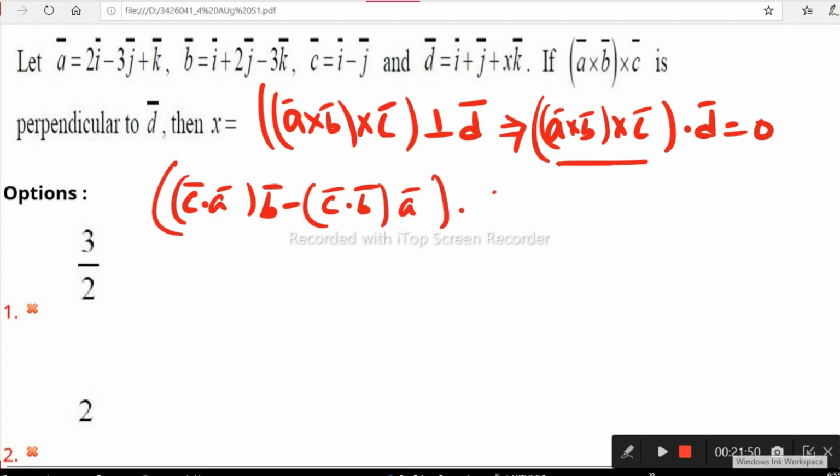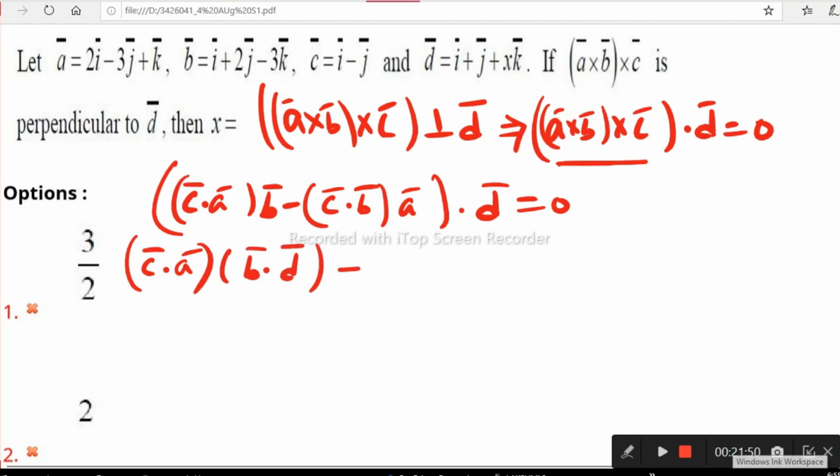Now there is dot D, right? Now we can expand again here. A dot B, B dot C, C dot A, all these are scalars. Scalars means real numbers. So C dot A stays as it is. Next we use this dot D with B, that is B dot D. In the same way, the next term C dot B stays as it is, and A dot D we can take. A dot D is equal to 0. Now you know the dot product very well.